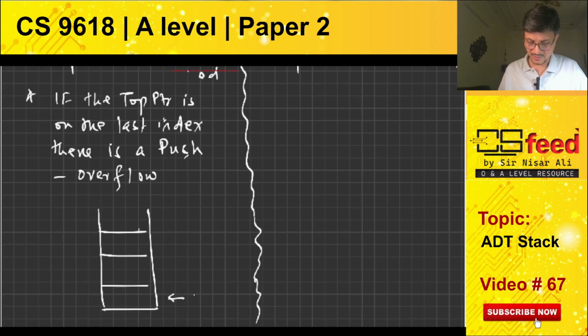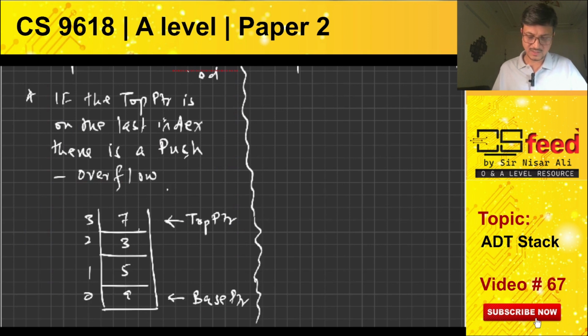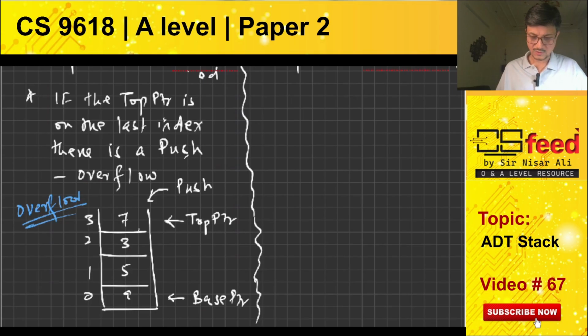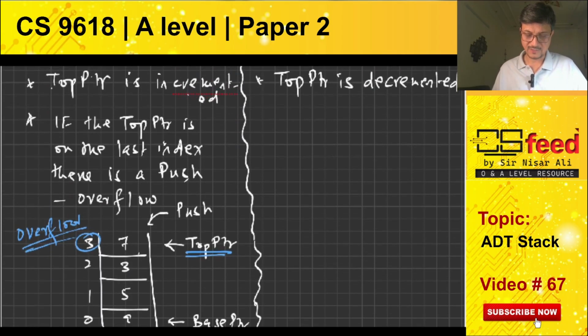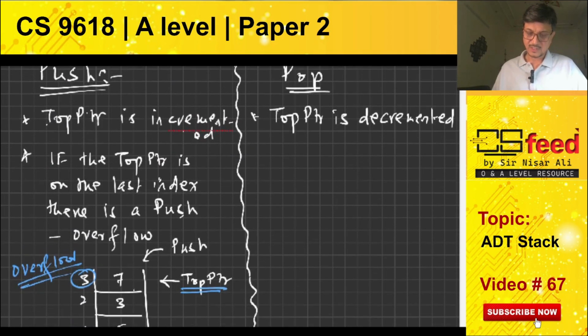so like this is the base pointer and this is the top pointer. It means the values are placed here: 9, 5, 3, 7, and this is 0, 1, 2. Now something is to be pushed. What will happen? We will not be able to push it. And this is the special case of overflow, because this is the upper bound. The top pointer is on the last index. So when the top pointer is on the last index, we cannot push anything and we will give an overflow message. Okay. And if on the other side,